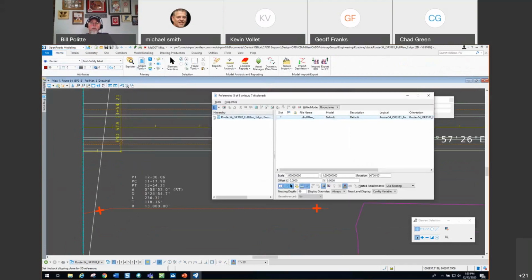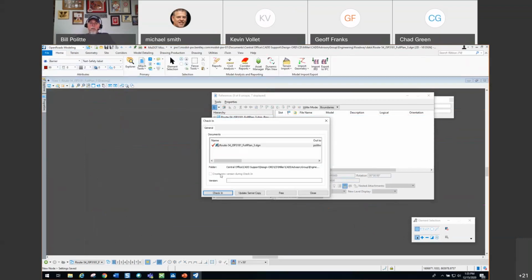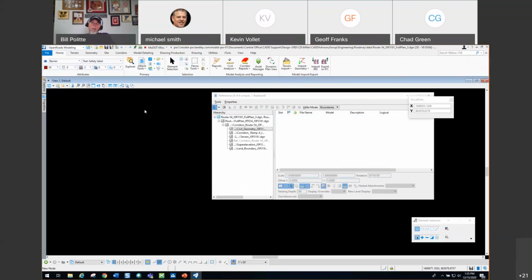And then you would, well, first you want to know which one it's in, and that one's in the civil geometry. So you would make sure your show hierarchy's open, and then navigate down till you find your civil geometry. And that's the one right here. You can right click, exchange. It's gonna have us save some stuff. Bring us into that